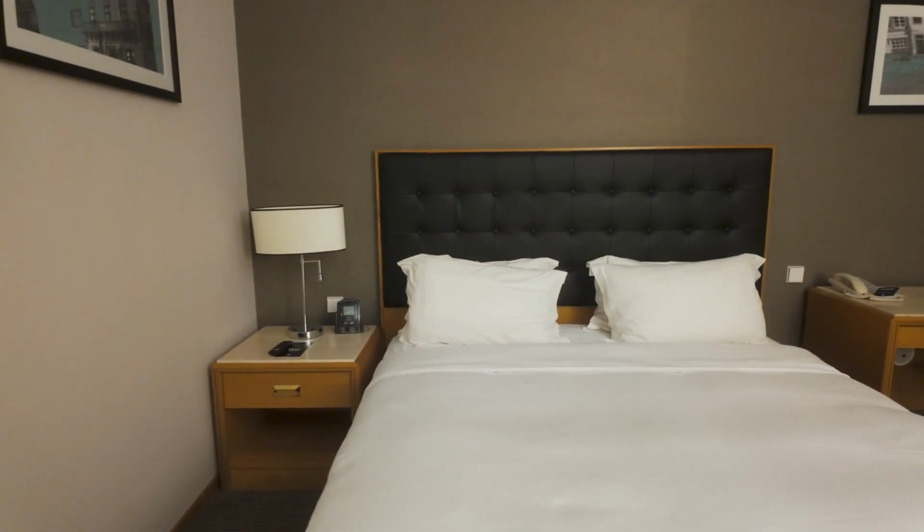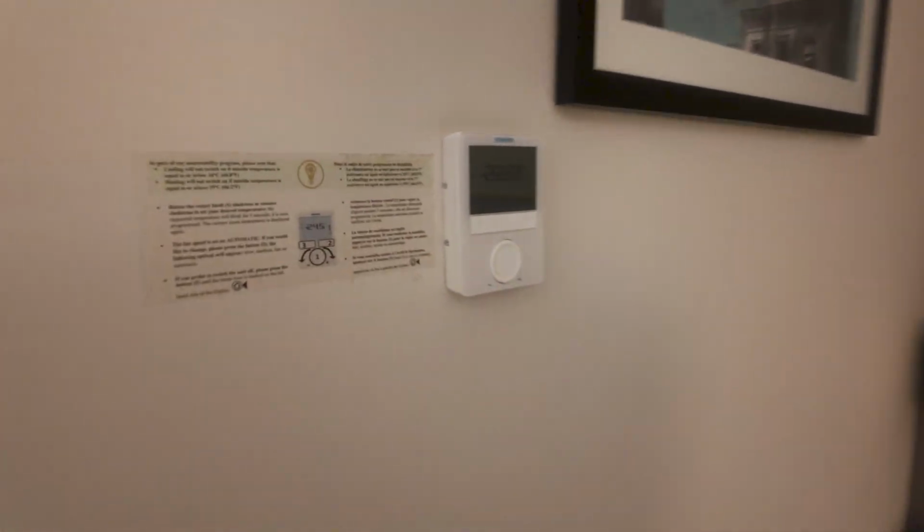And I have some more wine to drink as well. I might do that whilst I'm doing a bit of work. That'll spice things up a little bit, right? So, nice big massive bed all for myself. I should probably turn the aircon on because it is...